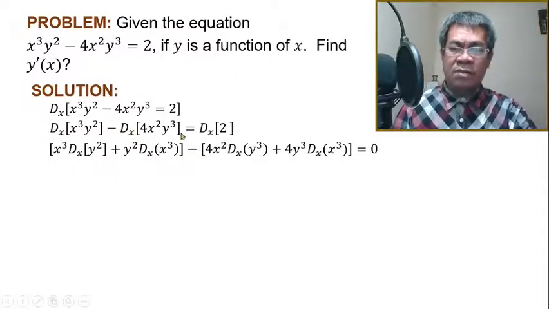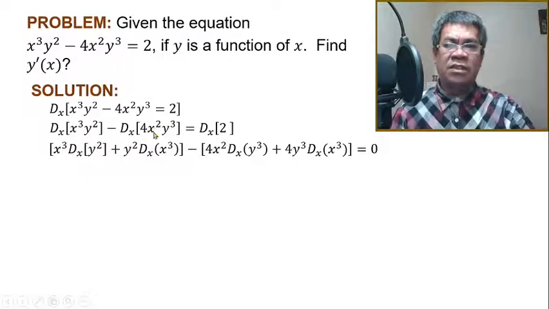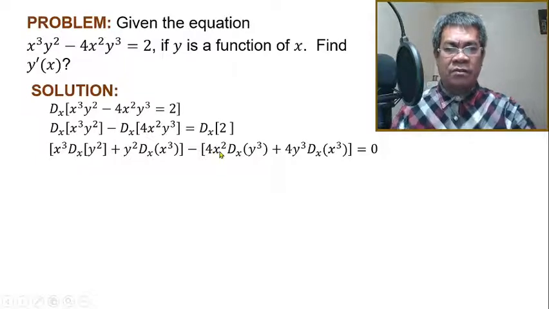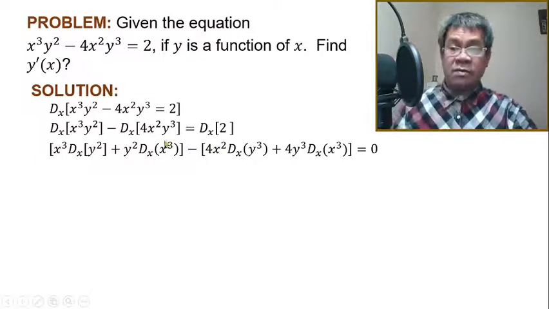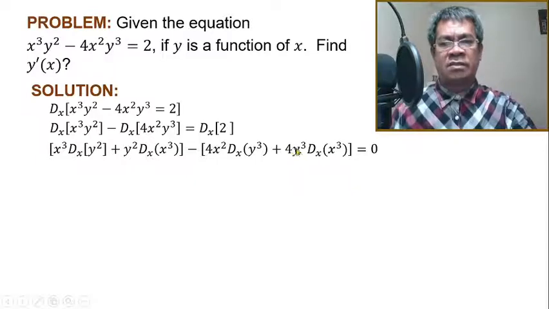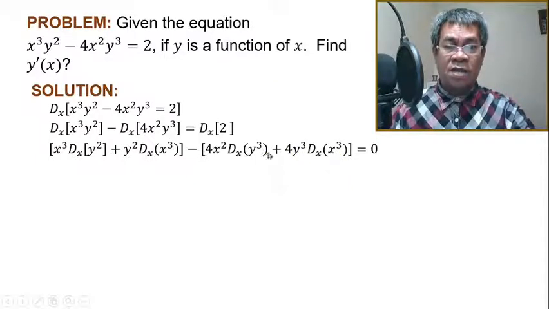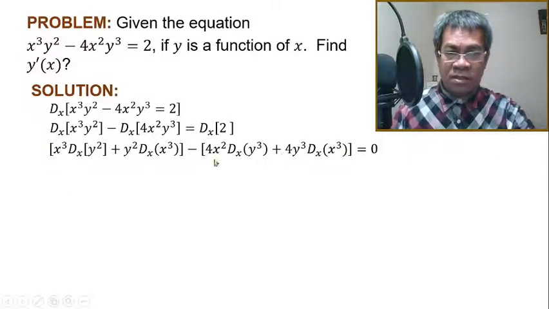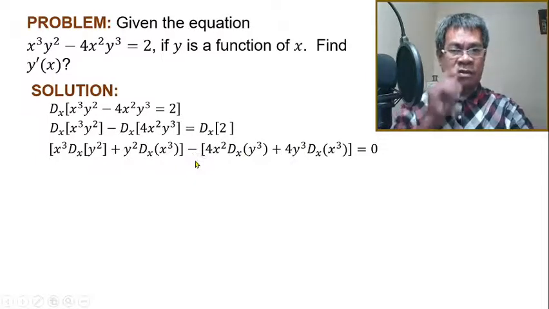Expand this one or apply the fundamental theorem of the product rule. Copy the first again, including the 4. Then take the derivative of the other. Then copy the y cubed, including the 4 again. The 4 does not affect. Then take the derivative of the x cubed, one at a time. So we have 4 terms because each term here has 2 terms equivalent. Take note, we have open, close, minus, open, and close. So you have to simplify first inside before implementing the subtraction.